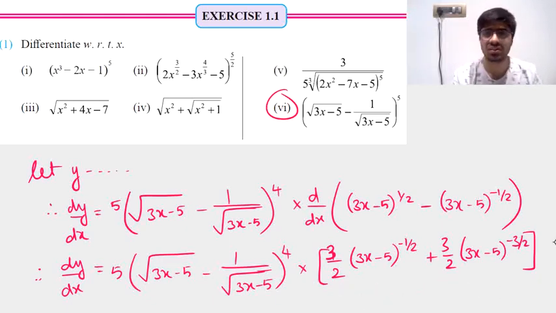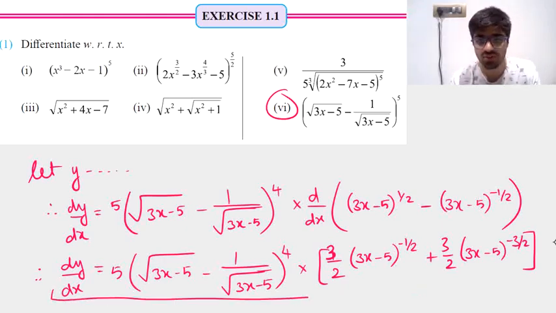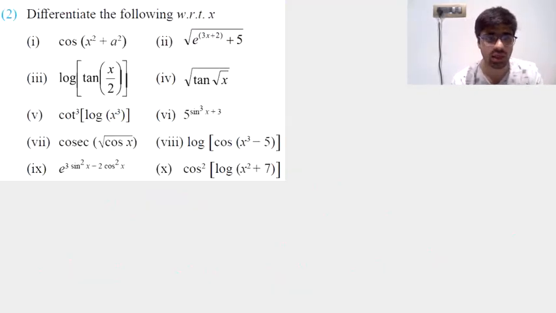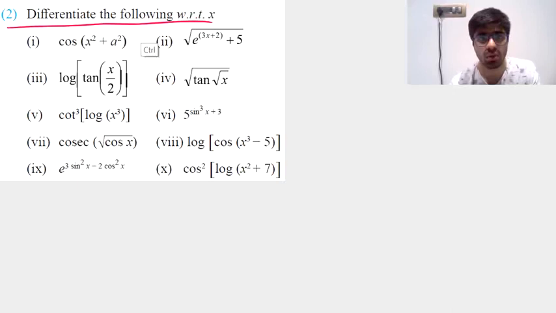Now here you can actually go for a little more simplification by taking out 3 by 2 common, but all these things are something that you can very easily manage by yourself. From here, even if there's any simplification step that you will be doing, I'll leave it up to you guys. I'll continue with the second main question now, where in the first question you are asked to take a derivative.